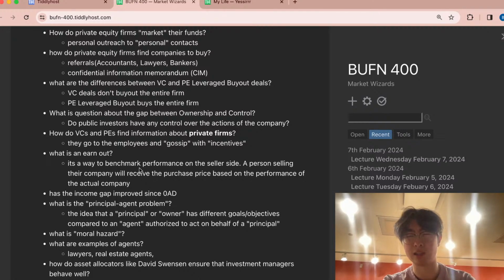So I think a good example could be, I believe VF Corp acquired Supreme two years ago, and part of that acquisition on the Supreme side is the owners will receive, I believe, 500 million. It could be a little bit more or a little bit less, based on specific revenue goals they can hit within the first year, second year, third year.